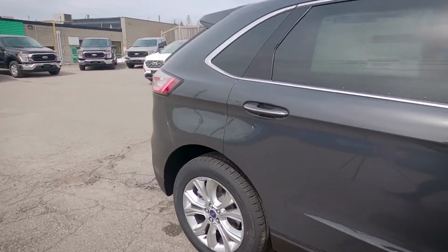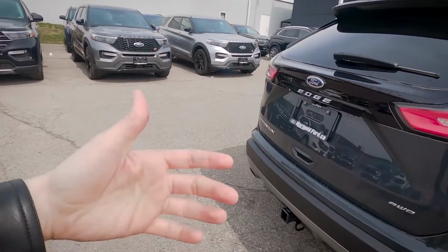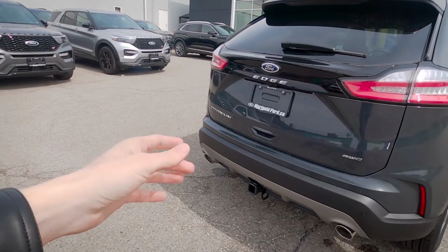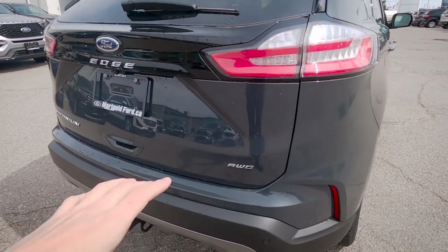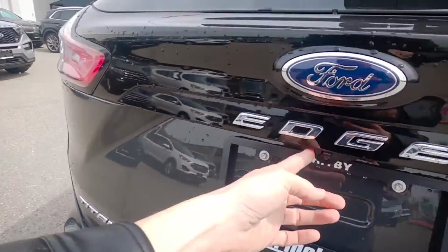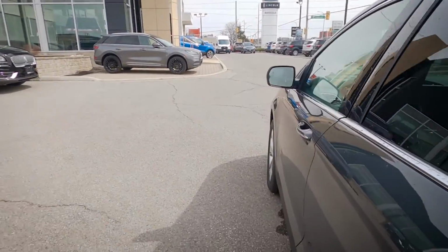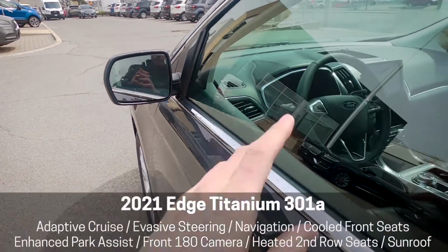Now, technology-wise, this is the 300 version of the vehicle. So we can go to the higher trim level, the 301A, but if we look at standard technology inside of the 300, so the Titanium, we've at least got our backup sensing system, we've got the reverse camera, and on top of that, we've also got the blind spot system. Lets us know if anybody's got the blind spot on either side of the vehicle,